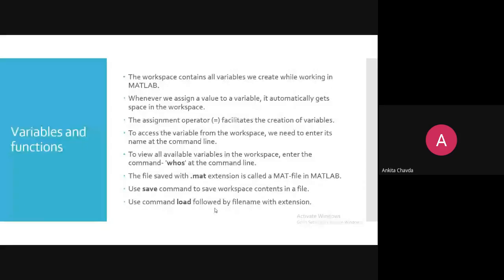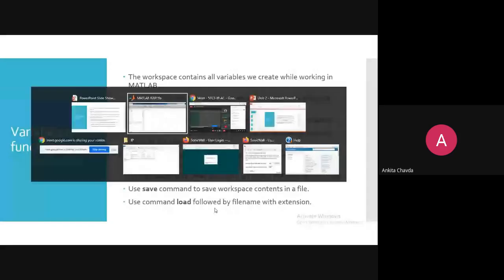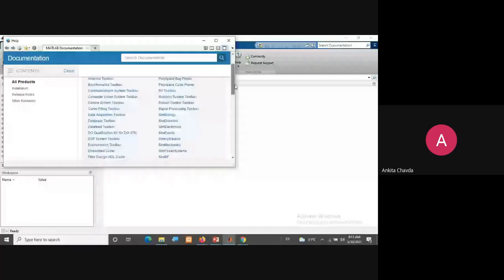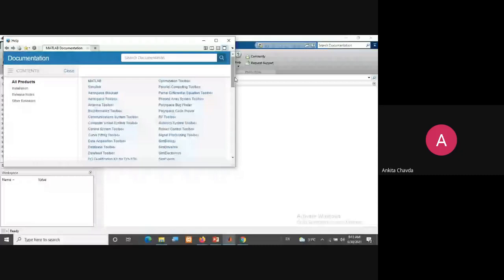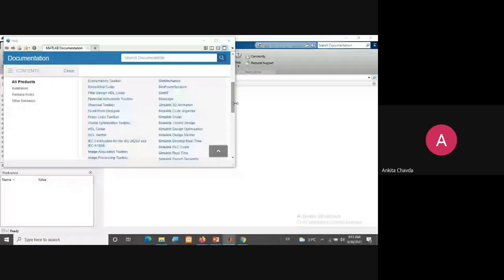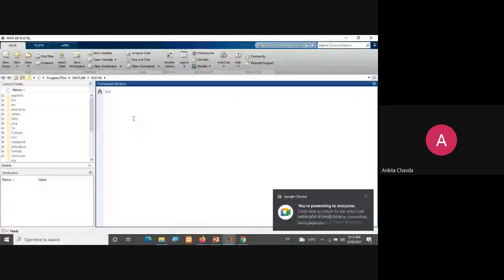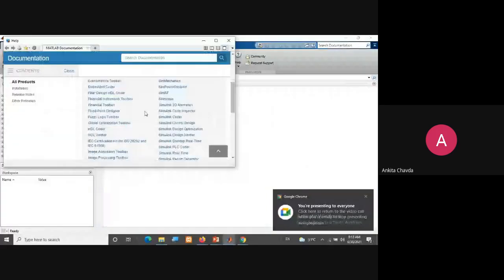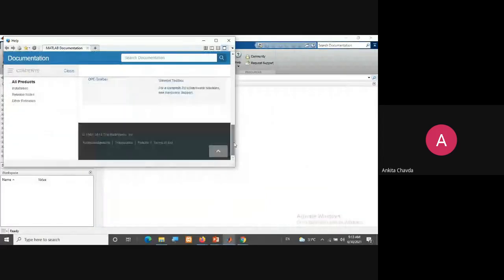What we are doing here is, just a minute, I'm showing you this. Fine, so this is all the kinds of toolboxes you have, right?